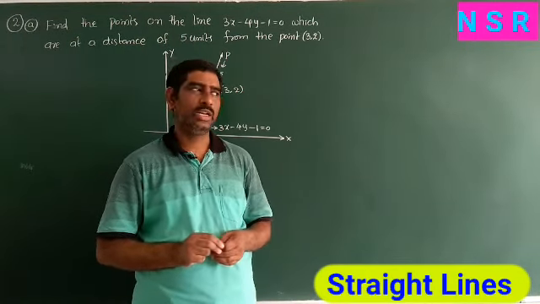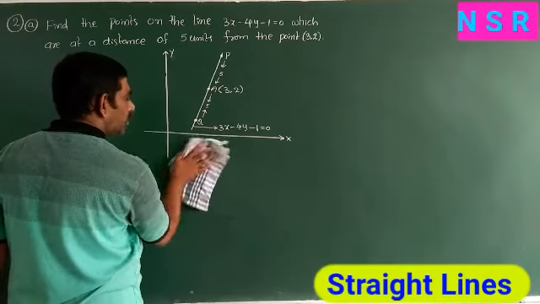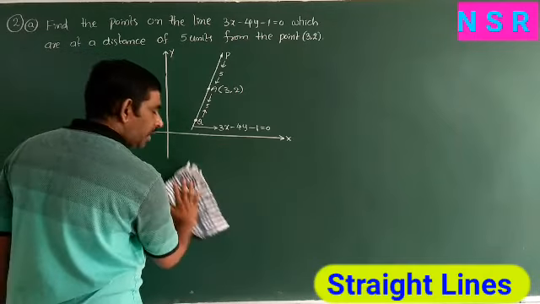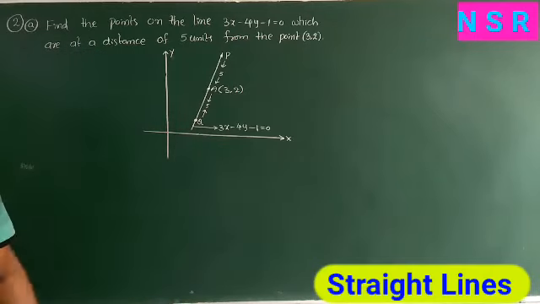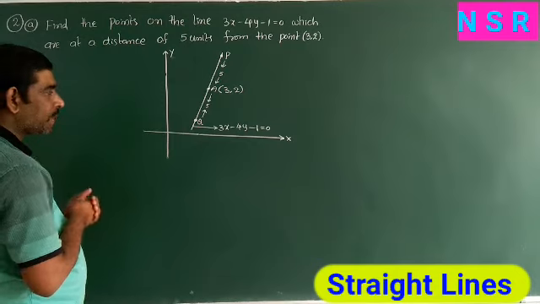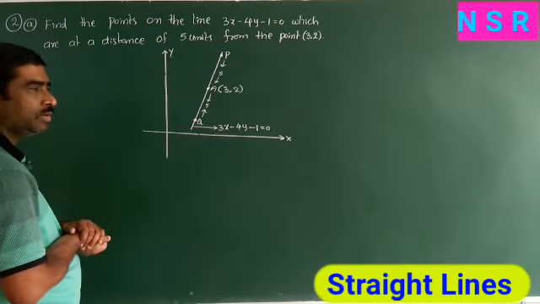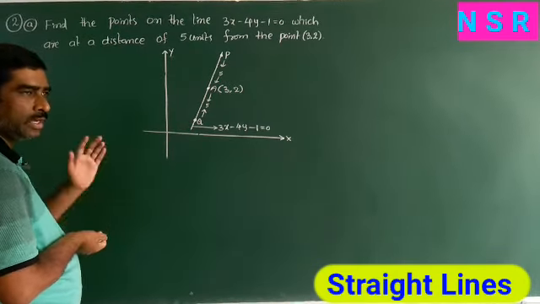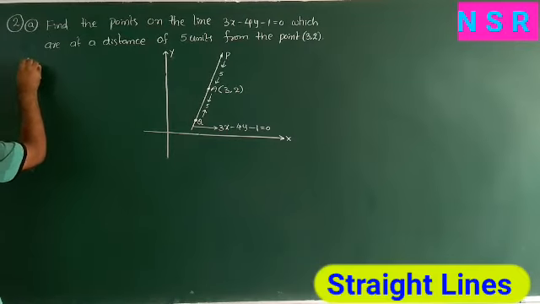What are parametric equations? x is equal to x1 plus r cos theta and y is equal to y1 plus r sin theta. In this question we are not given the sin theta and cos theta values, but a straight line is given. If the theta value were given directly, we could directly find sin theta and cos theta. But you are not given any theta value, only one straight line, 3x minus 4y minus 1 equal to 0. By using this straight line find the slope, that is m. So m means tan theta, and once we get tan theta, we can easily find sin theta and cos theta. Now start the solution.